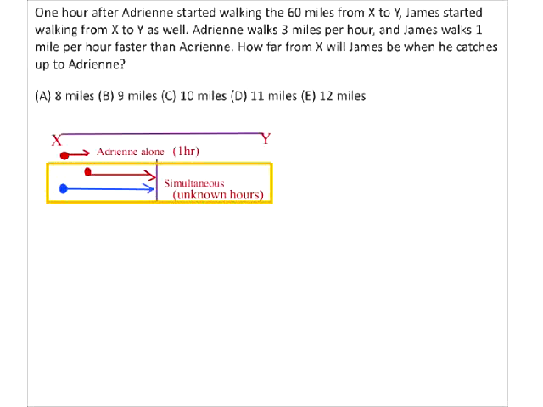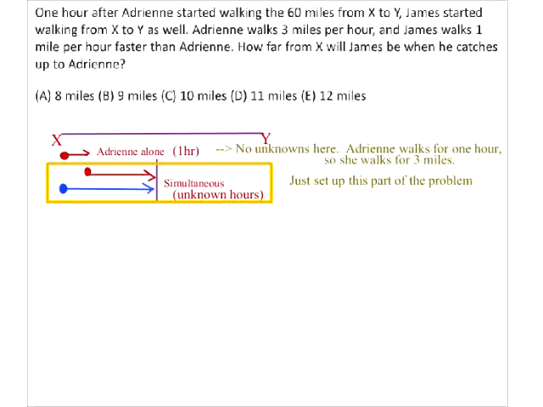The reason why we can do that is because that first part doesn't have any unknowns here. I mean, we know that Adrian walks for 1 hour, which means she walks for 3 miles because her speed is 3 miles per hour. So everything about that part of the problem is known because it's 1 hour of walking and it's 3 miles. So if you just think about this part of the situation,